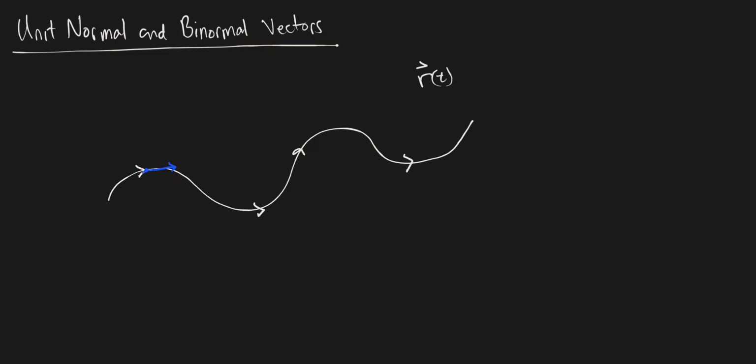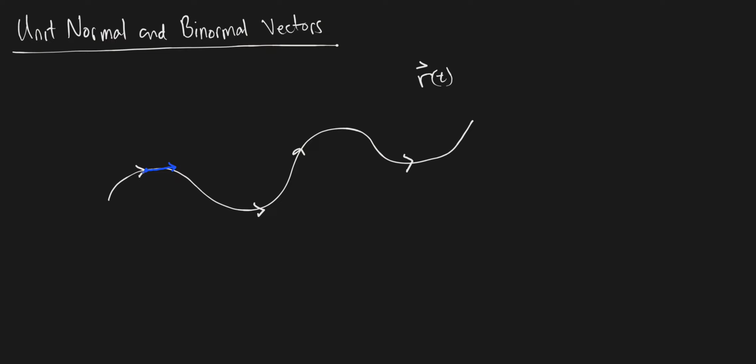So the one that we're defining is the one that, like I said, kind of points towards the inside of the curve, right? So it seems like wherever the curve tends to be bending towards, that's where our normal vector will be pointing. And for that reason, it's called the principal or main